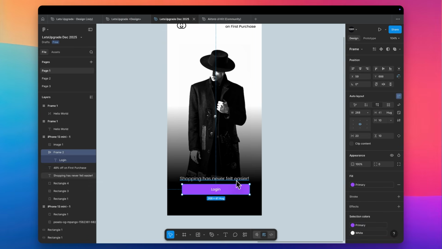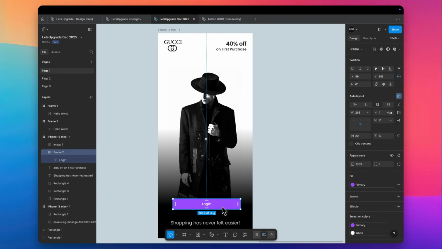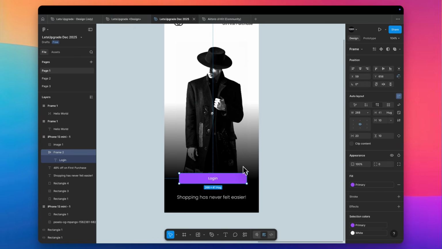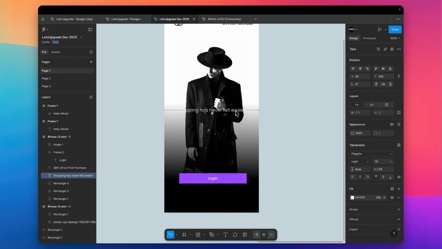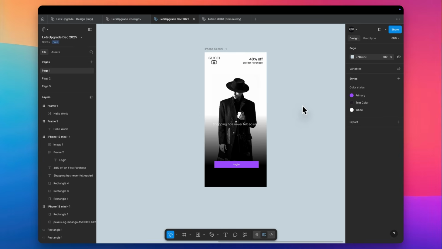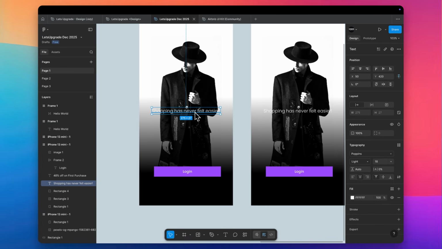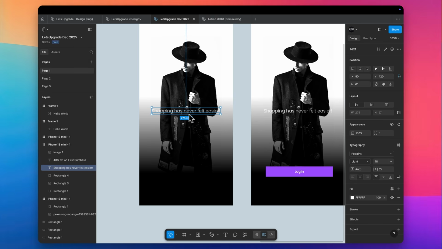Now this line, shopping has never felt easier, is kind of hung in the middle. It's not really standing out, and it doesn't really have a feel of its own, but it's not really blending into whatever I'm trying to create for the user. So maybe what we can do is, in one screen I can just have